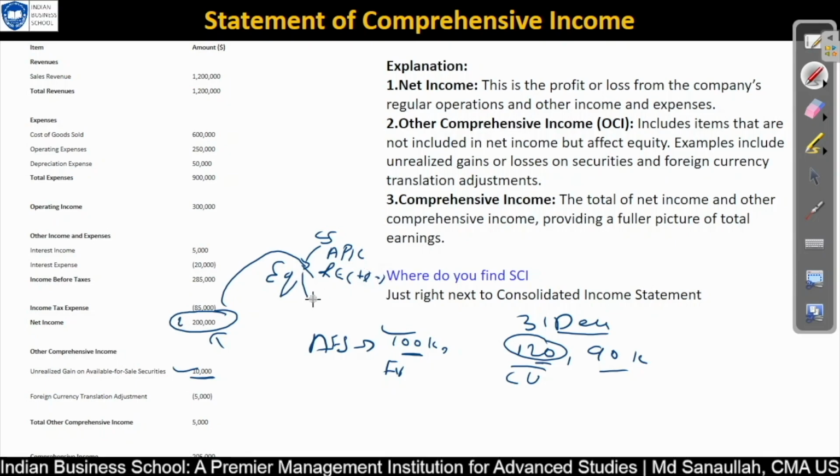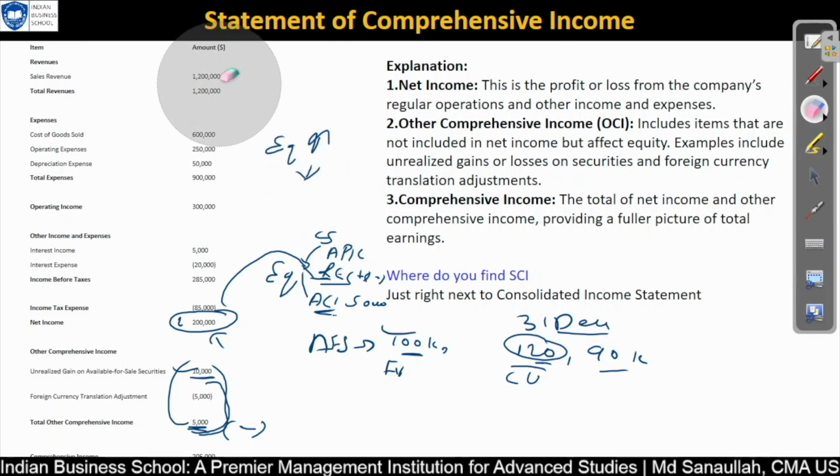Similarly, there is one more line item which is called accumulated other comprehensive income. Just like retained earnings work, accumulated comprehensive income will also work. Whatever the overall difference is will be charged here. If there is a total increment, it will go into OCI and your equity value will increase. If you have any loss, then your equity value will go down. Similar to how your retained earnings work, it will also work. I hope it is clear to you.